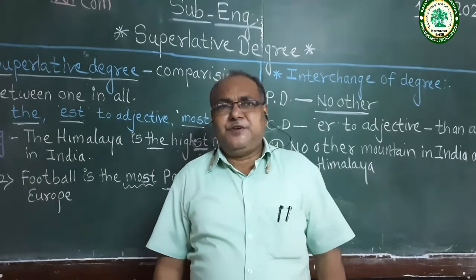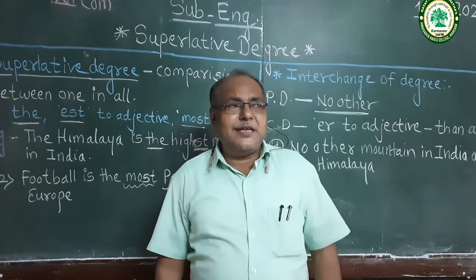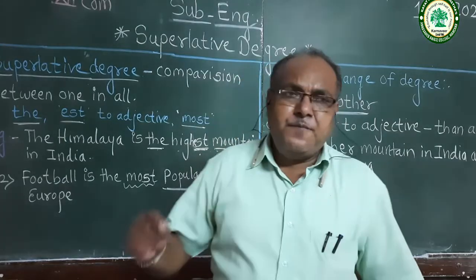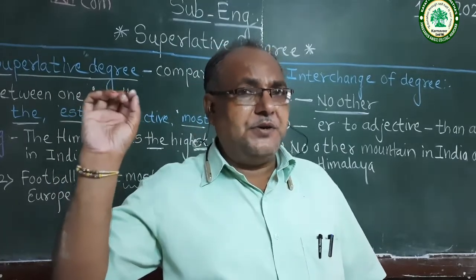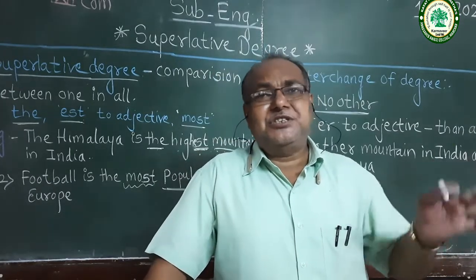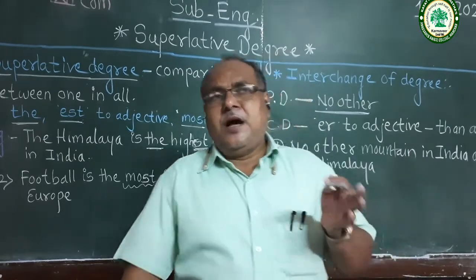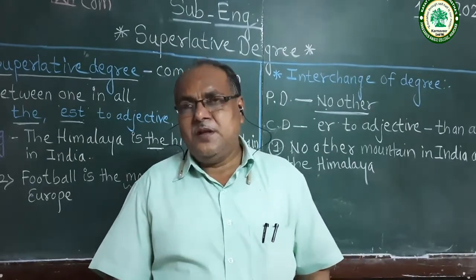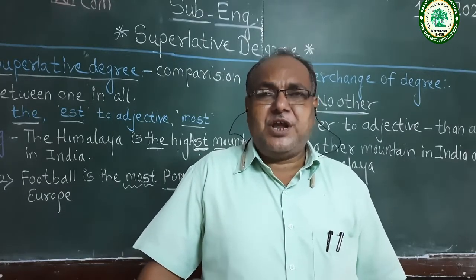Then we also studied in the last video how we can frame a sentence in a comparative degree. In a comparative degree there is a comparison between any two objects once again, and there is an er added to the adjective, and then we use than in the comparative degree sentence. We also studied how positive degree can be changed into the comparative degree, as well as how we can alter comparative degree into positive degree form again. We also discussed some of the exceptional adjective forms of degrees in the last lecture.